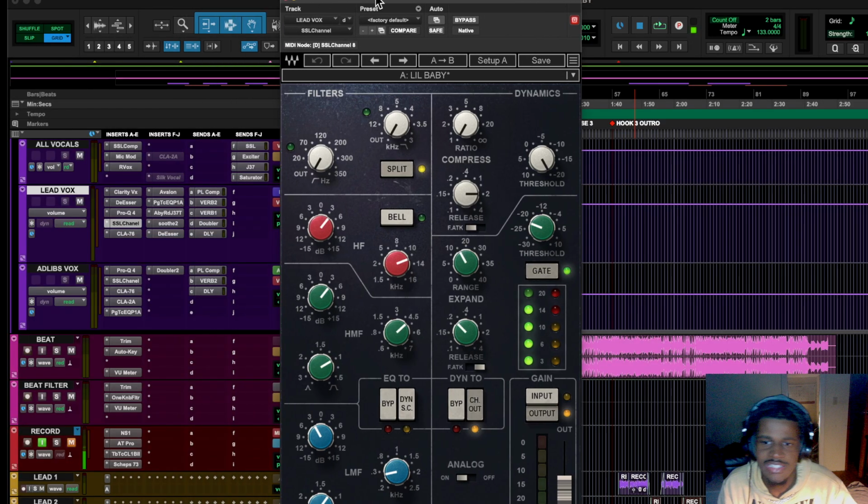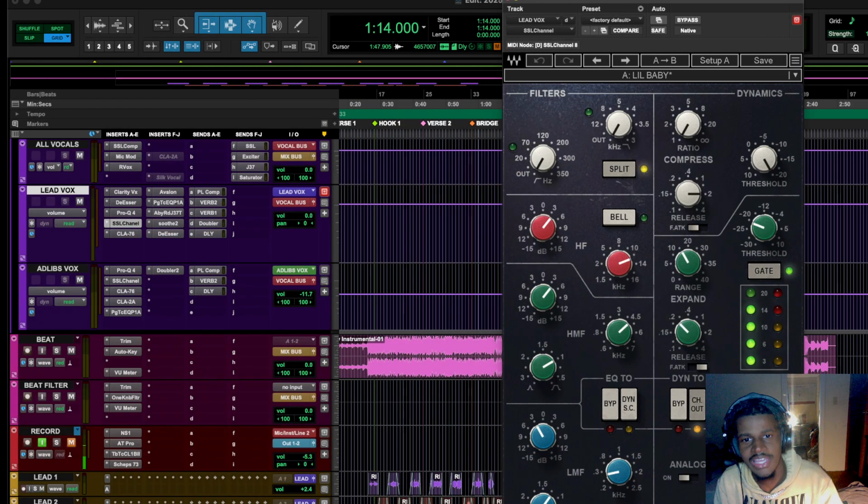And then we've got the SSL channel, and we've got it on split. We've got the highs on 4.0, and this on 12.03. I hope you're excited to be here, because we're trying to turn up the mids on Lil Baby's vocals, you feel me? So we've got that on 4.0, this on 4.55, and this on 1.00. After that, we're going to put this on -3.0, this on 0.28, and this on 1.20. After that, we're going to leave the lows in his vocal at 0. Now you can kind of turn them up. Let me see, if I mute this, you'll see what I'm talking about. You can turn these up if you want to.